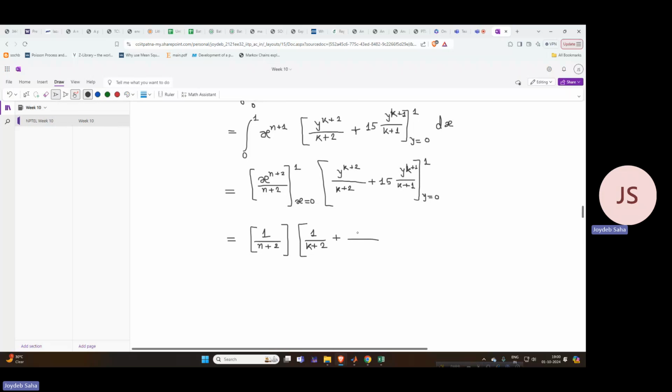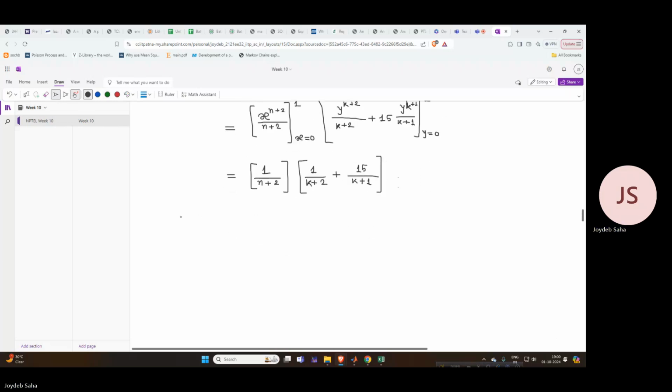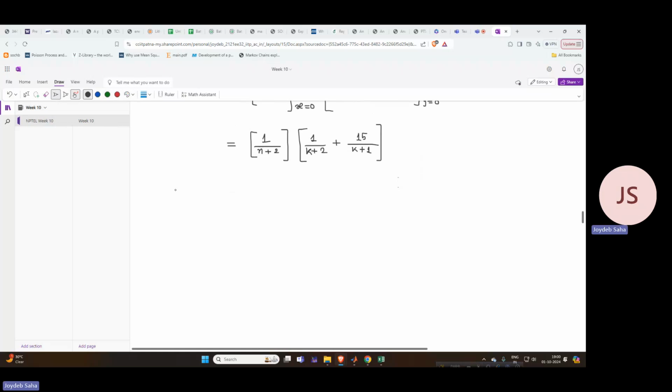This is 15 upon k plus 1. So this is the answer. So what we are getting, so m_nk is equal to